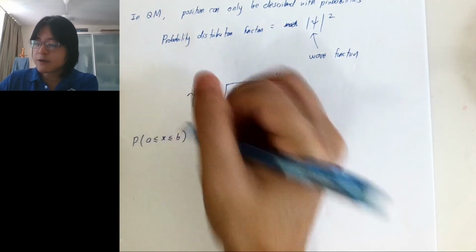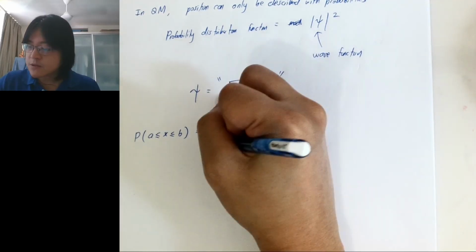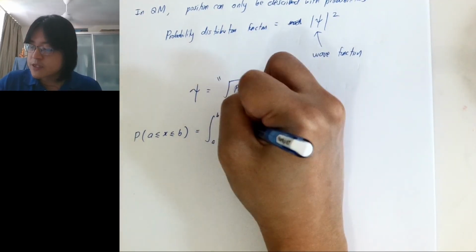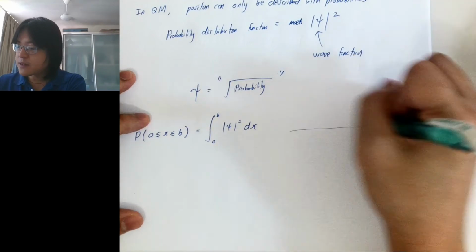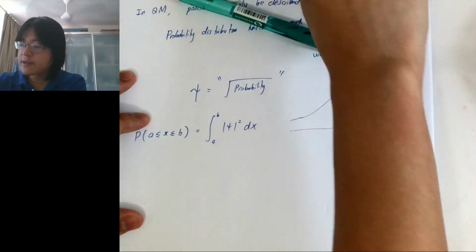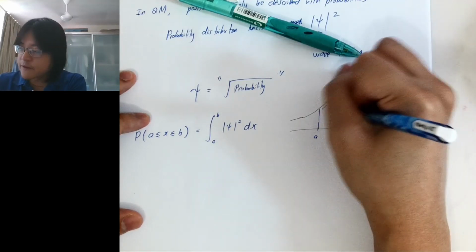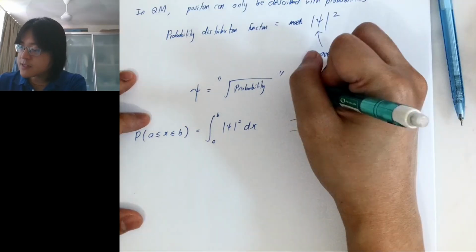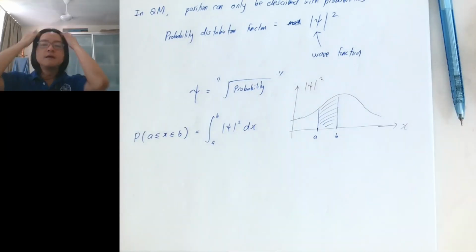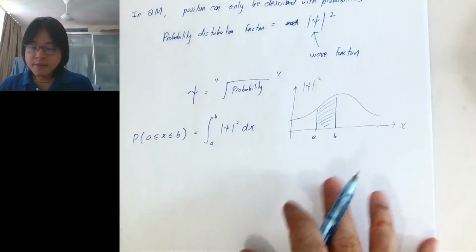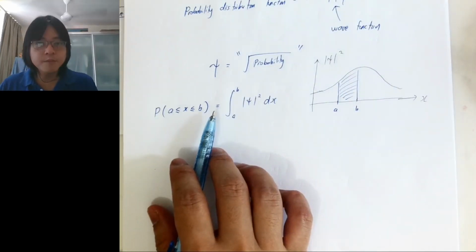So let's say I want to find the probability of finding the particle between A and B. You do it the probability way. So you integrate from A to B of your probability distribution, psi square. So normally the probability is going to be some distribution, right? And then what is the probability of finding the particle between here and here? You find the area under this curve. Okay, so this is the plot of psi square against x. So this is the probability distribution. Okay, and so the particle's position is probabilistic.